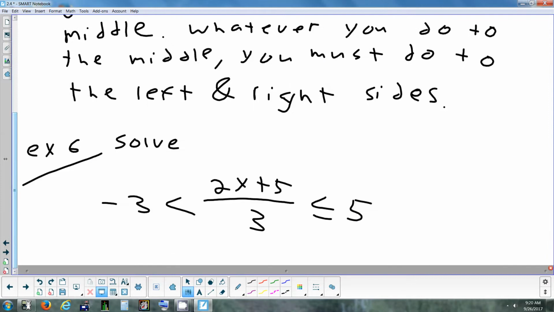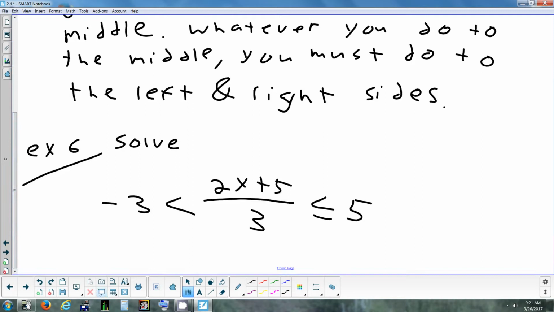Okay, let's try this. Okay, so graphically, you could take the same approach I did last time. Look where the middle graph would be sandwiched between -3 and 5. But we're going to try to solve it algebraically. Tanya, what would be my first step here to start to simplify what's in the middle? Yeah, let's multiply everything by 3, times 3